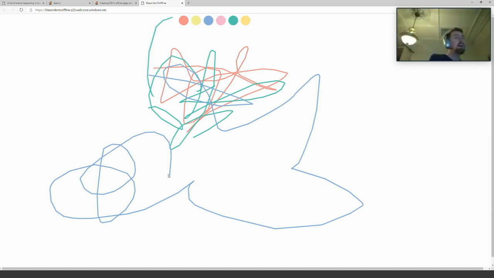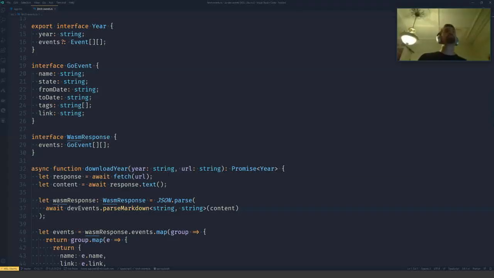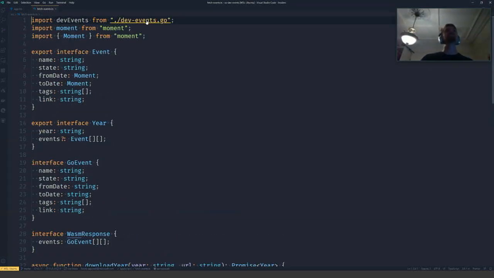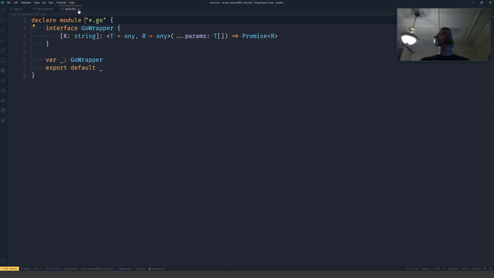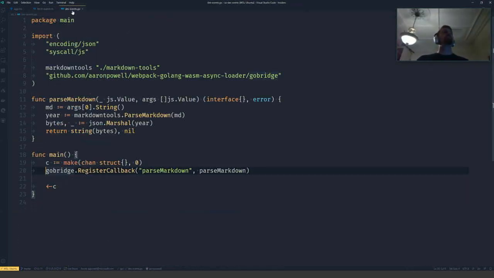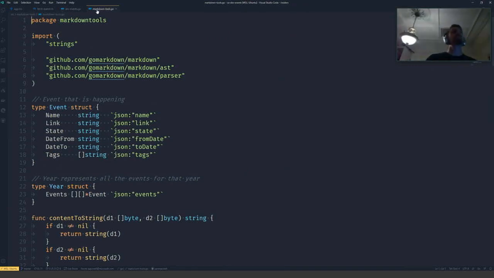JavaScript, to your host. This is kind of why, if I come over to dev events here, and if I come into Markdown tools, Markdown tools is just a Golang library, and it actually uses a library that I found on GitHub for parsing Markdown.